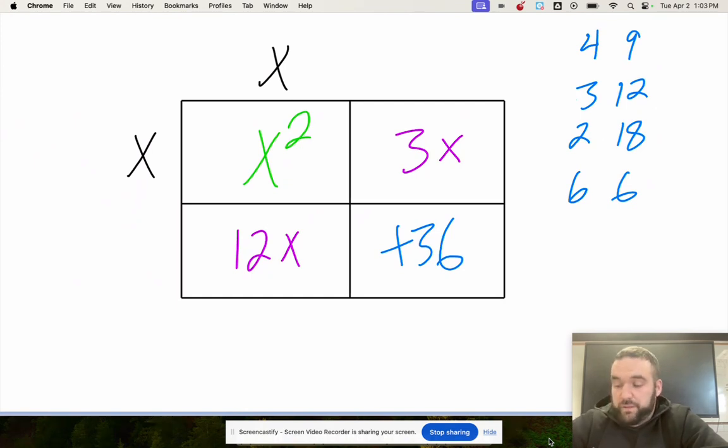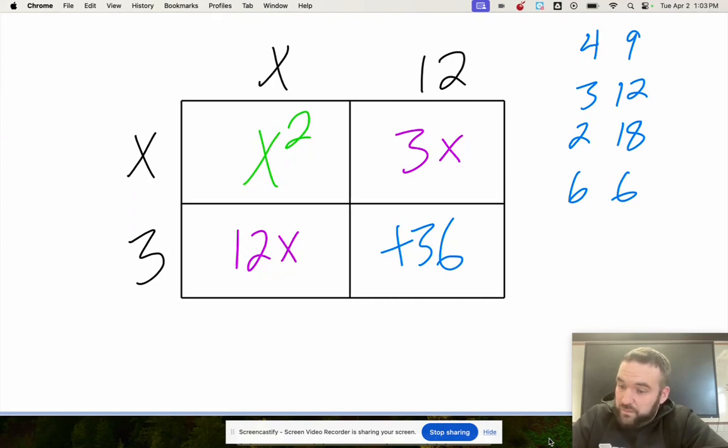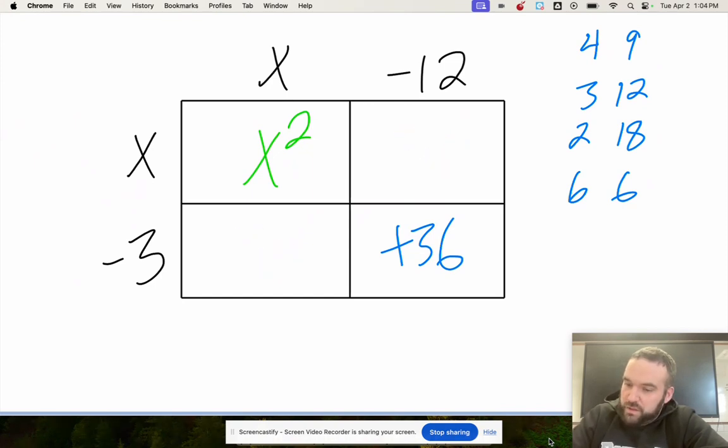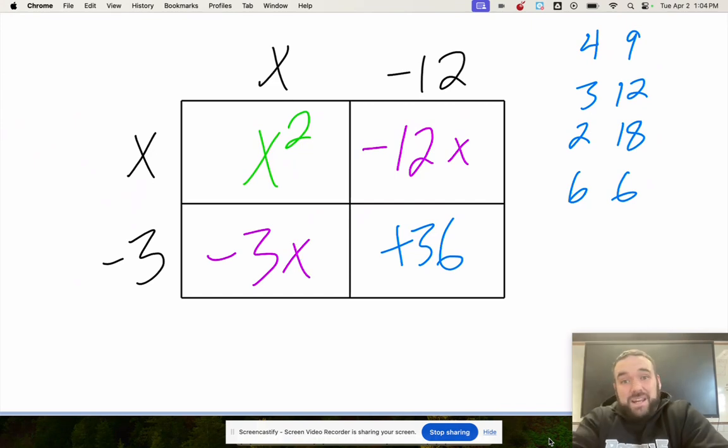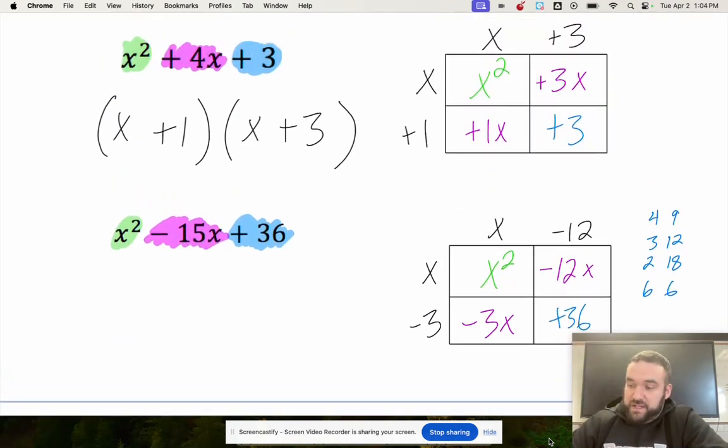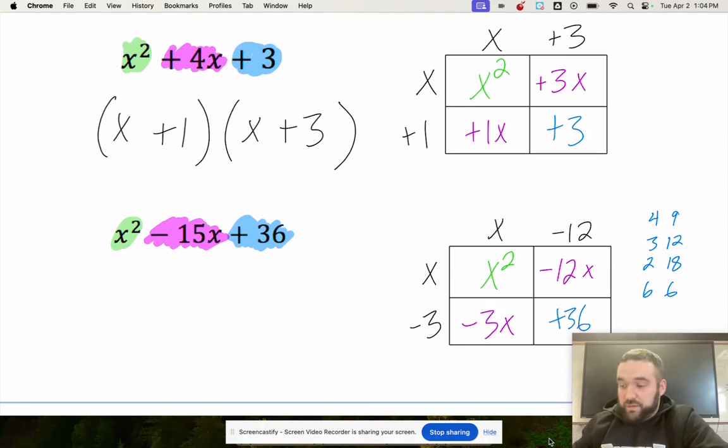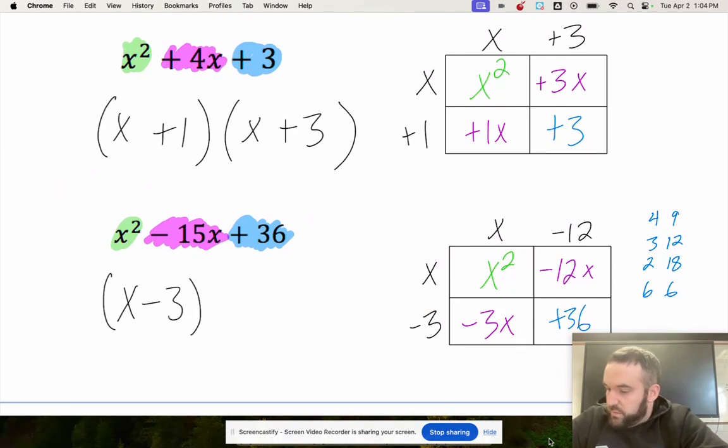And what that helps me with is that if I put 3 and 12 here, but I make them both negative, I'm going to have negative 12x in the upper right and negative 3x in the lower left. And negative 12 combined with -3 gives me my negative 15. So I found the combination of numbers that works. Now I just need to write out the factored form, or the two binomials, and they are x with -3